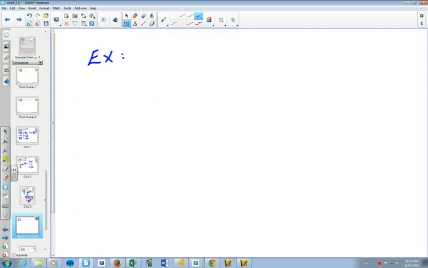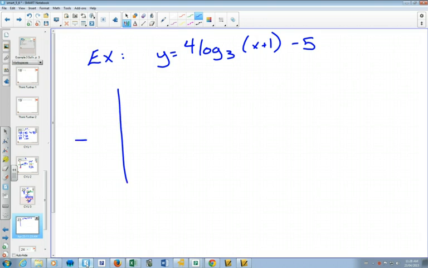Y equals 4 log base 3 of (x plus 1) minus 5. And I'm going to give you guys a head start to try this one. So first of all, we have to recognize that the parent graph is a log base 3 graph, which would